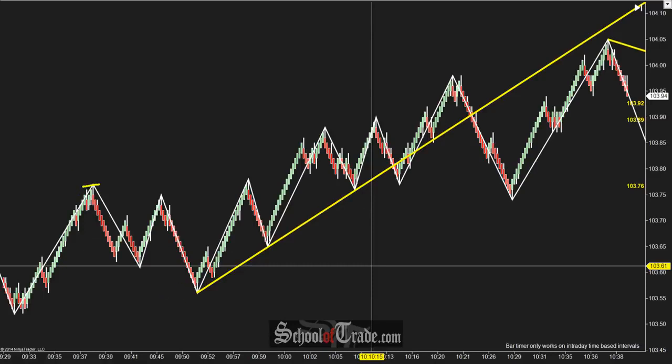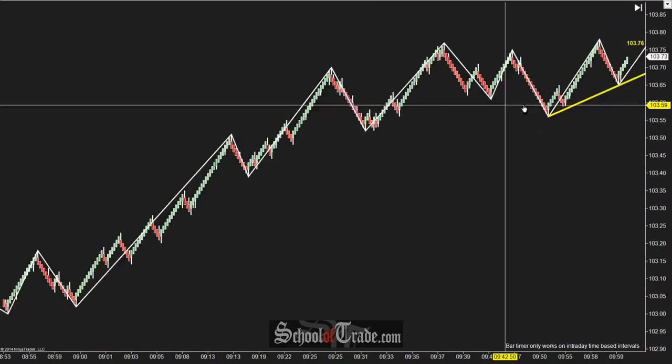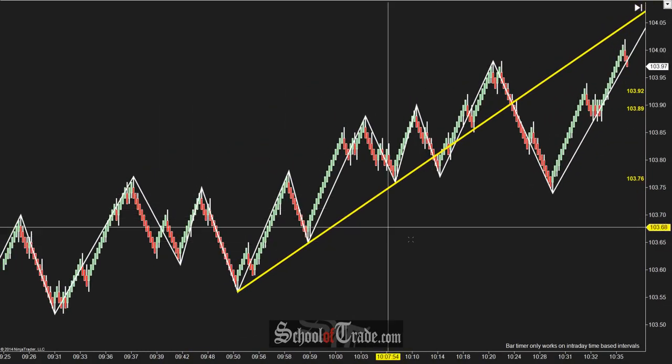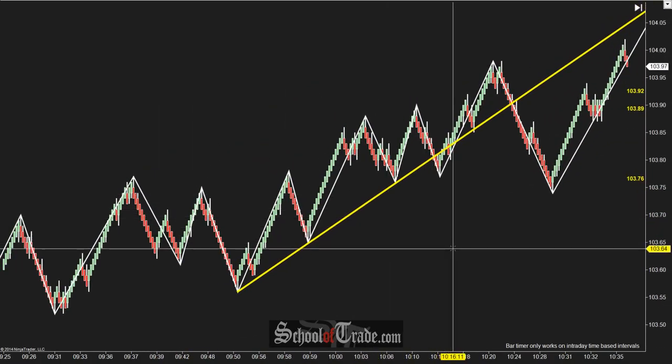So in this case, we're making new highs, right? The market structure is going to the upside. We're making consistent new highs. Everything is coming back. And actually, if you go back even further, you can see it's been a very strong uptrend day. So now that we know that we're looking for a bullish zigzag pattern, what we want to do